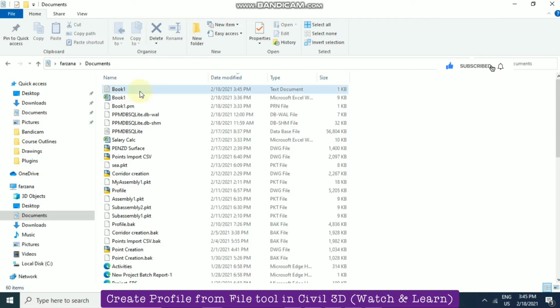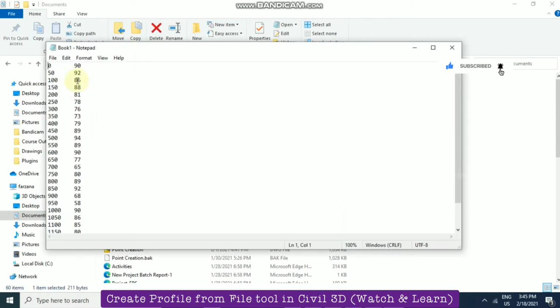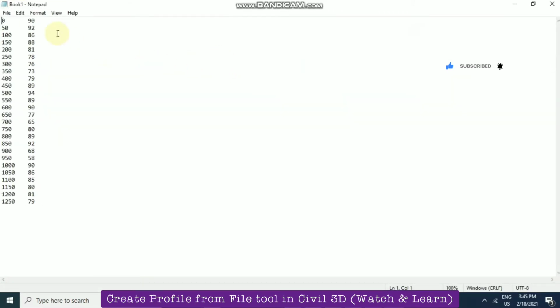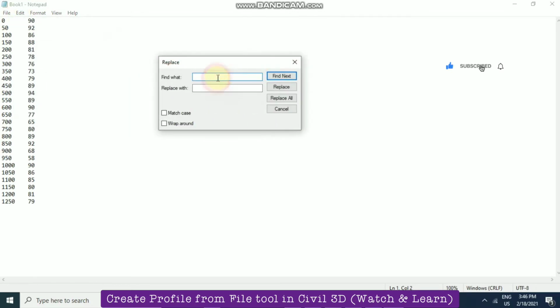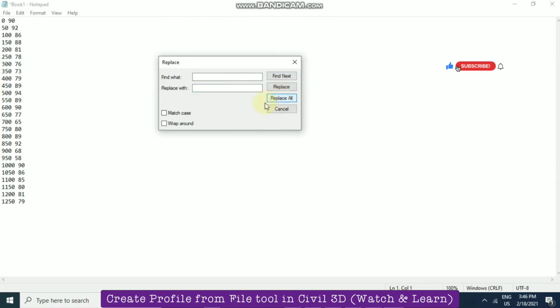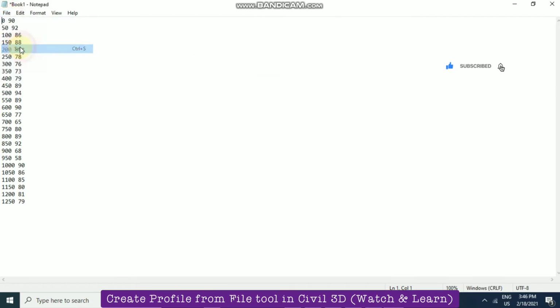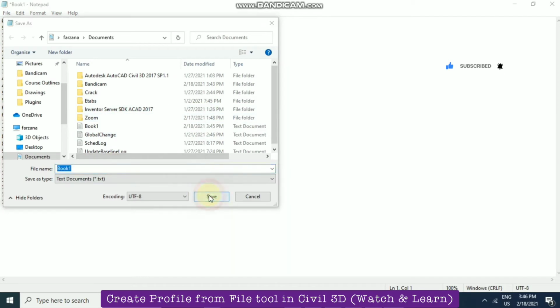Now we can see that file we have created. Just open. This is what our file looks like. But here we have a tab in between. So what we can do is go for format, then edit and then replace. Here we must select the tab, Control C and then Control V. We have tab here and we are going to replace it with the space. So replace all. See, we got replaced, and I'm just going for file save and then save.